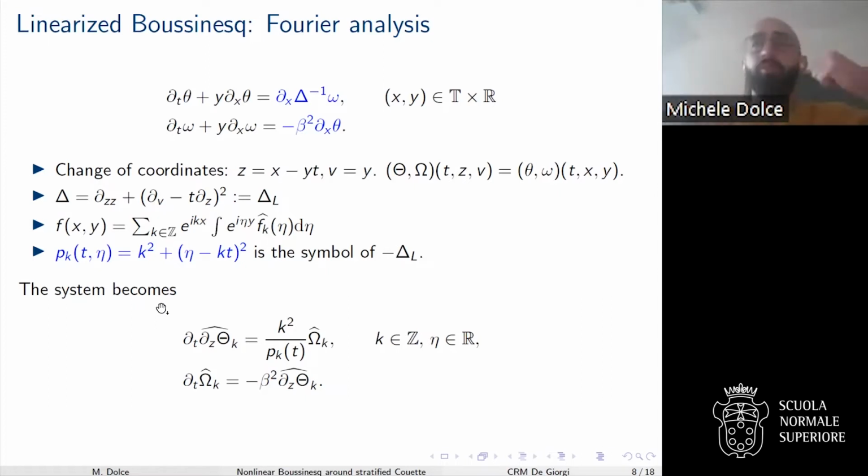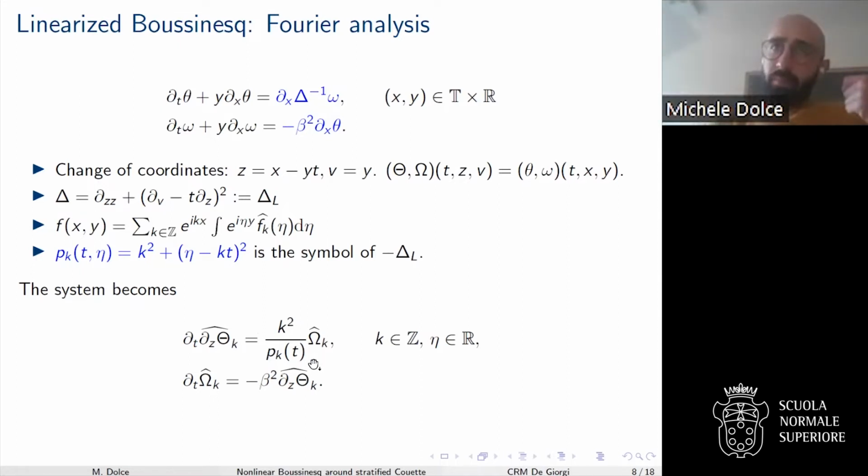Now, it is more convenient to rewrite the system in terms of the horizontal derivative of the density, so that here you have a real operator, a real Fourier multiplier. And this is the system you observe. Now, the first thing to notice is that this is a 2D non-autonomous dynamical system, because here you do have a time dependence in the denominator, and it has a wave-like structure, I would say, even though these coefficients do not have the same modulus. And clearly you cannot solve this system by means of simple formulas, because you have a time dependence.